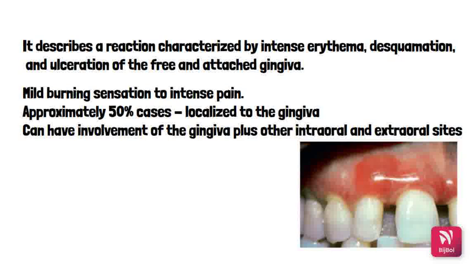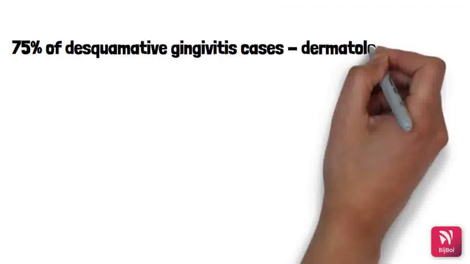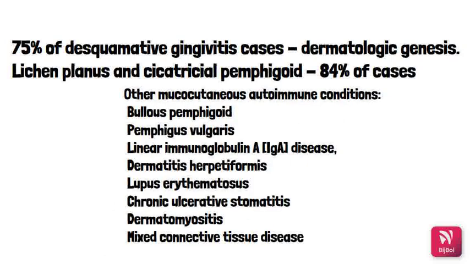In the picture, you can notice the chronic desquamative gingivitis case wherein there is irregular conspicuous erythema that is involving the free as well as the attached gingiva. Around 75% of the cases have dermatologic genesis. Lichen planus and cicatricial pemphigoid constitute around 84% of the cases, whereas other mucocutaneous conditions like bullous pemphigoid, pemphigus vulgaris, linear immunoglobulin A disease, dermatitis herpetiformis, chronic ulcerative stomatitis, dermatomyositis are also responsible for causing the chronic desquamative